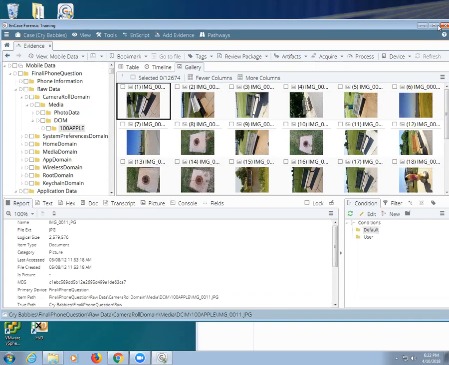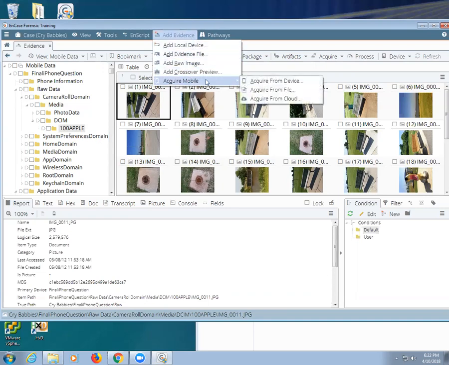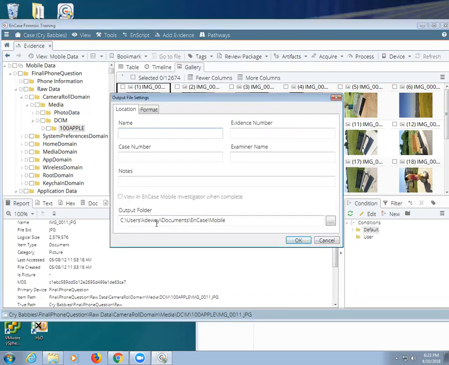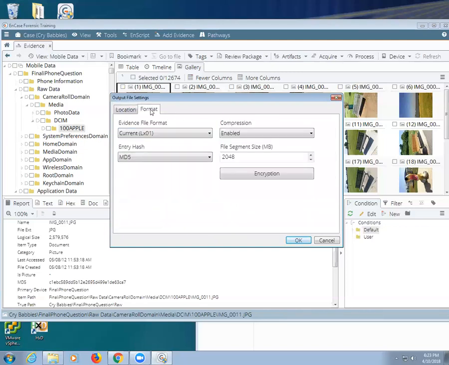Again, if you want to do it with your own phone, back up with iTunes, then go into add evidence and say acquire mobile. Wow, it's actually a little bit different now, so maybe they fixed it in 8.5. I haven't tried it. But if you do from file, then you're going to point to the output folder.